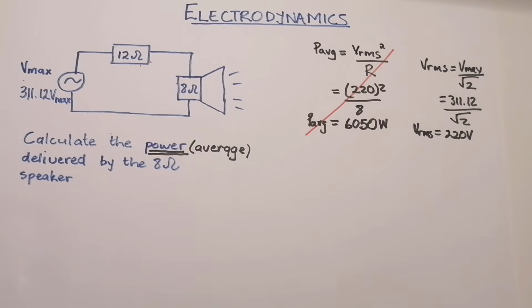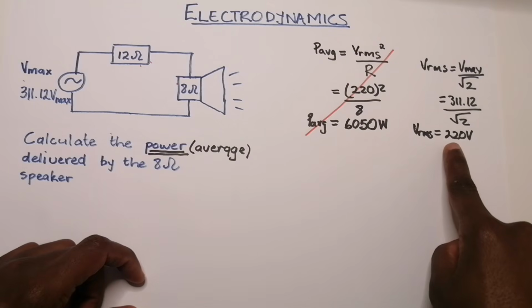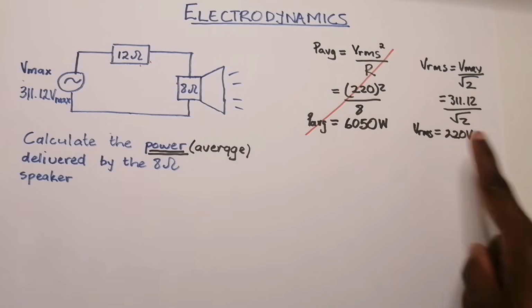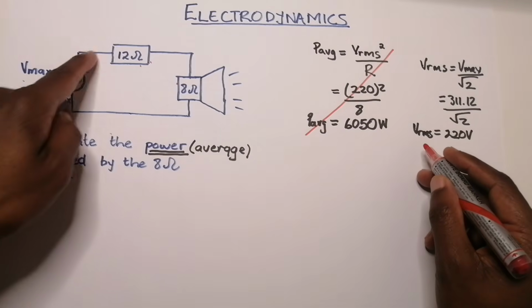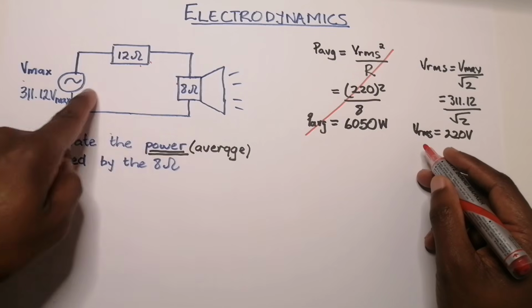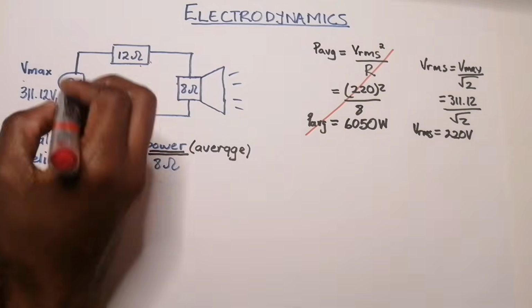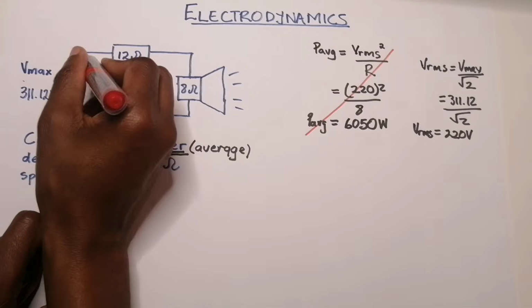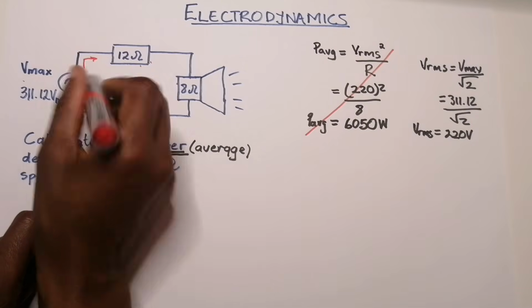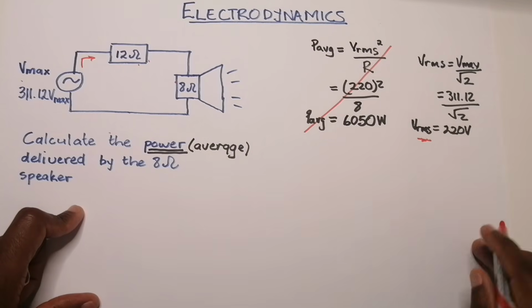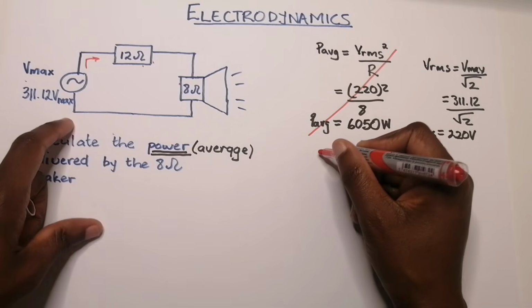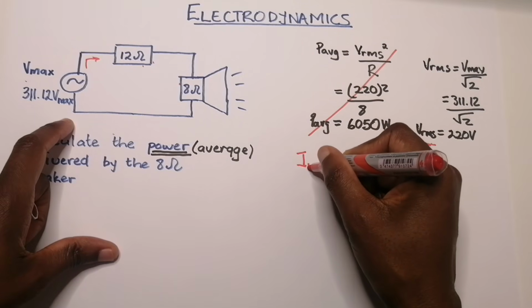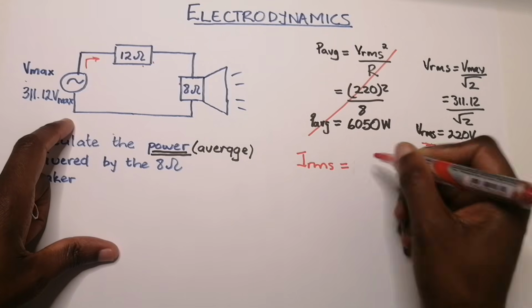However, you know what approach I would have? I always want to make things easier for myself. You remember we already found the RMS equivalent of the voltage, right? So would it be possible for me to determine the current passing through the different resistors? Of course, I'm given my total voltage and I've already gotten the RMS equivalent of it, isn't it? So to calculate the current, I would say I RMS would be equal to